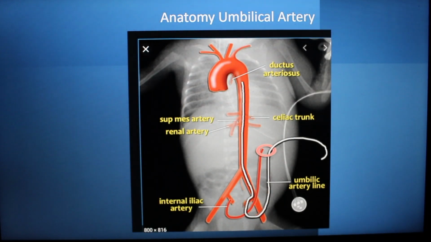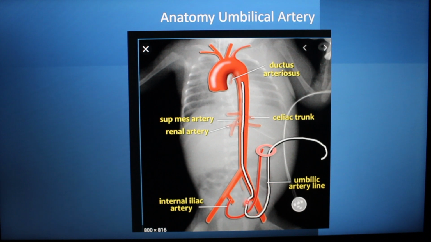So let's look and see where the umbilical artery should be. Remember from our previous slide, the aorta comes off the heart, goes to the left side of the body. It splits into these iliac arteries. So when we place an umbilical arterial catheter into an umbilical artery, it comes down the umbilical artery, it enters